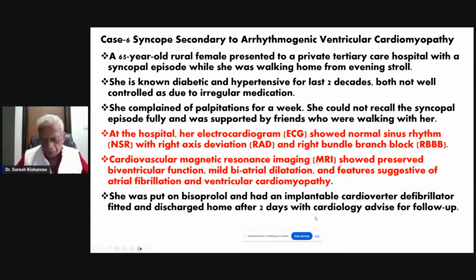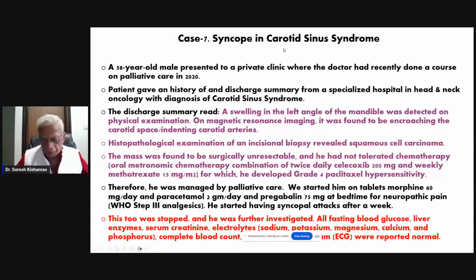Now we get our case, which is due to carotid sinus syndrome. This is a 58-year-old male coming to OPD with a similar complaint. Basically, here is a guy who had undergone treatment for cancer with head and neck oncology, and their discharge report read that there was a swelling in the left mandible